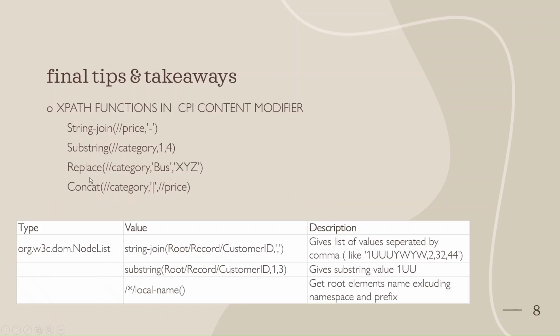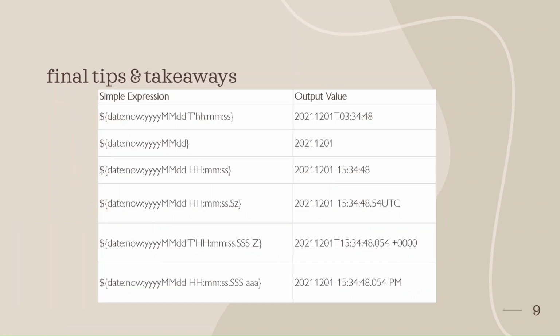So these are the XPath functions which we already discussed, and these are some system date formats we could use in the expressions. Different date formats are there based on your requirement. You can specify that,